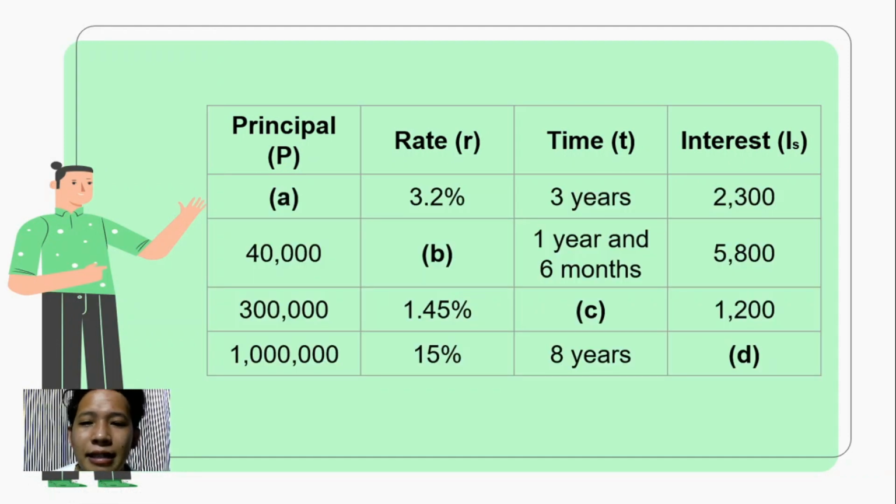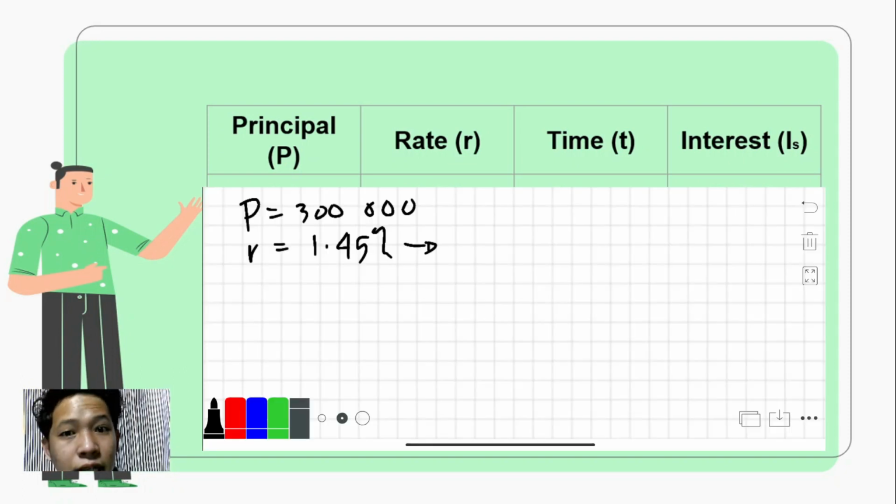What if, let us have another problem. What if ang nawawala naman po ay yung time? We are given the principal, which is 300,000. Okay, the principal is 300,000. And then, our rate is 1.45%. Wherein if we're going to convert it into decimal, that is